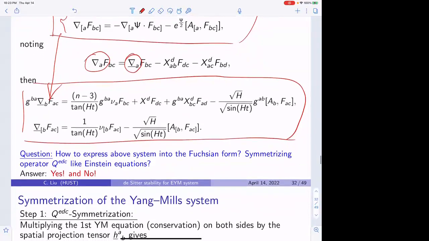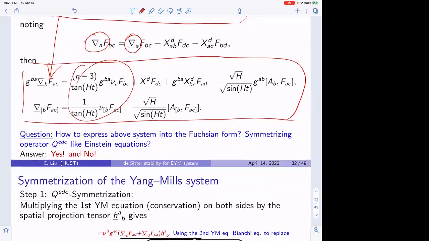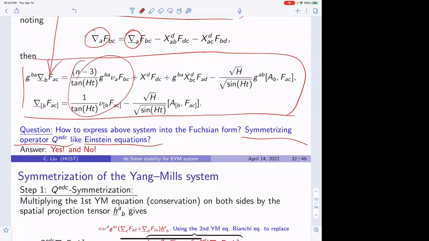Next thing is we want to write this Yang-Mills equation to the function form. First, you want to get a symmetric hyperbolic system, involving some 1/t term here. So first we want to ask, how do we symmetrize this equation? How to write it to a symmetric hyperbolic formulation? Now we can think, can we use the symmetrizing operator Q, like in the Einstein equation? The answer is yes and no, because firstly, if we try to use this Q